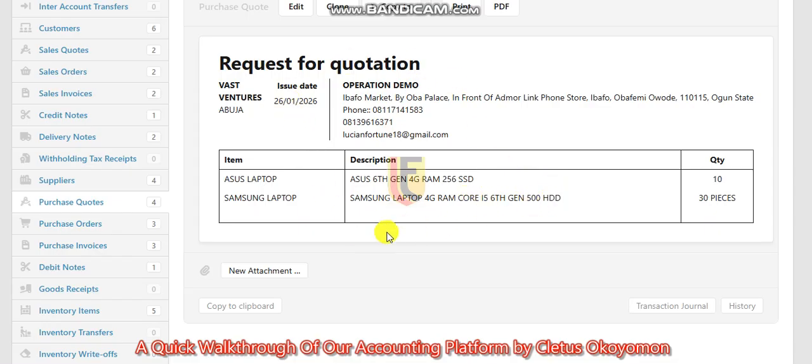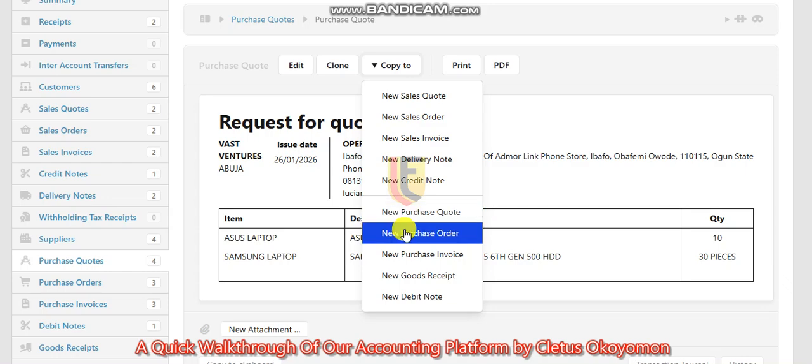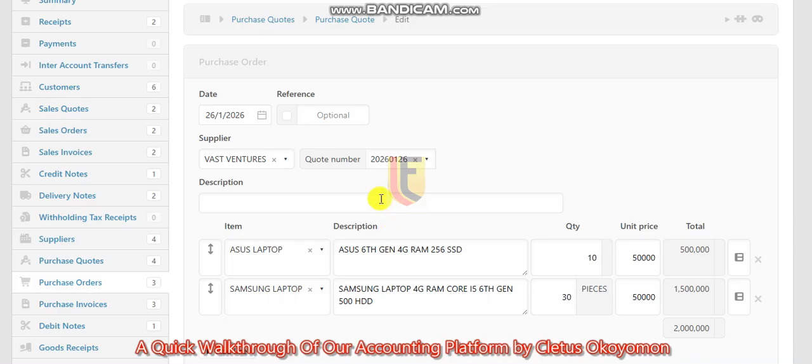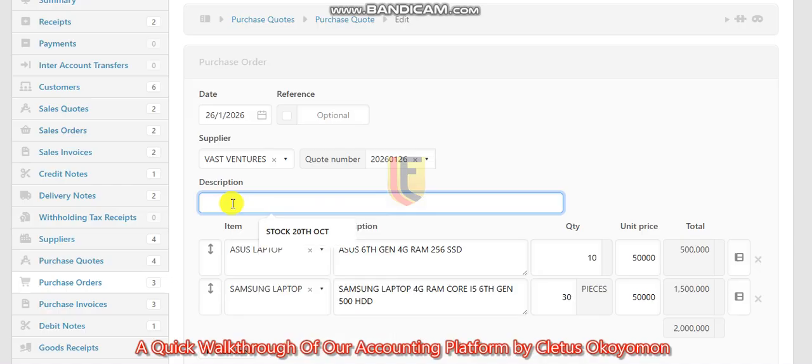Then I send this to the supplier. The supplier agrees and quotes for us. Then from here, I will copy to what? To purchase order, because it's a purchase process. A purchase order. Now, I don't have anything to change, or maybe I just want to add a few more details to it. To be purchased